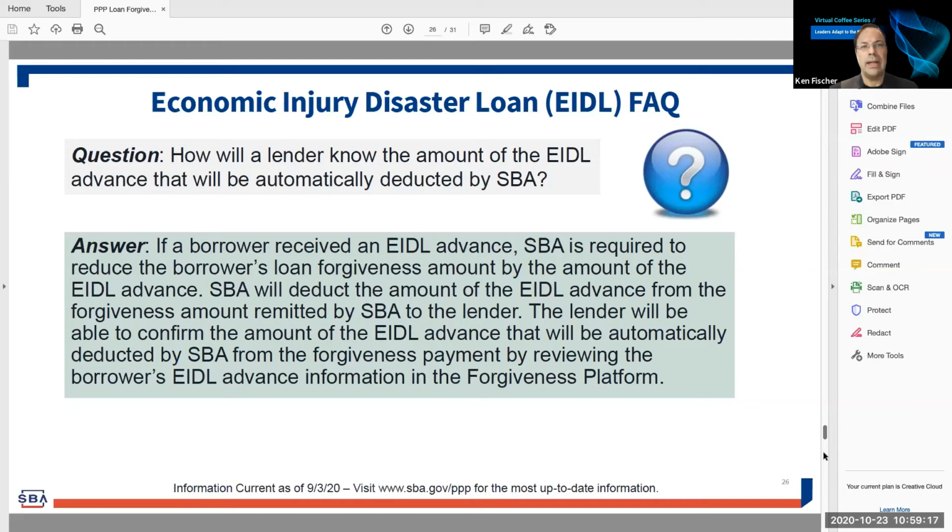For instance, you cannot give out bonuses, I believe. Is that correct? That's correct. Because under PPP, you could use that money. Let's just say you didn't use all the money. Under PPP, you could call it hazard pay. You could give a bonus to use up all the money. Under EIDL, no, you can't do that, regardless of where the money comes from, not just the EIDL